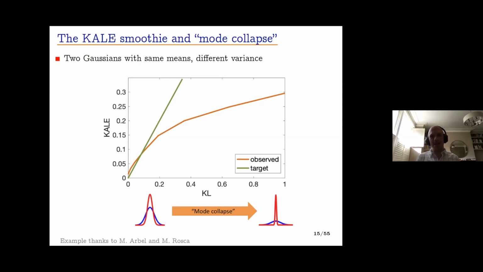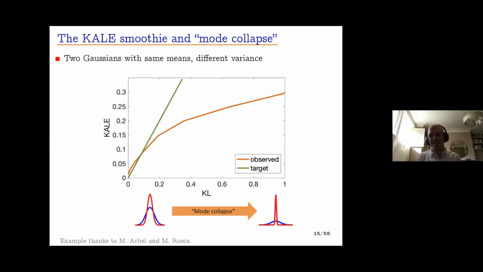And as the mode collapses, so as the red sample gets narrower and narrower, the KL is getting bigger and bigger, as indeed it should do. However, my variational lower bound isn't able to track the KL. The reason is that we've ensured that the log ratio of P to Q is a smooth function. However, when the variance of Q collapses with respect to P, this ratio is not a smooth function. So our variational bound is actually severely lower bounding our KL, and it's not sufficiently penalizing us for having this mode collapse.